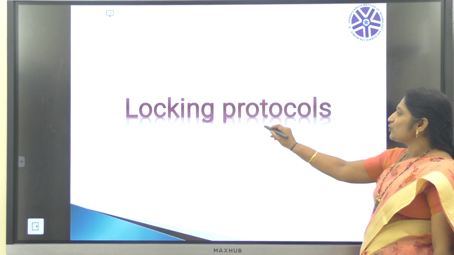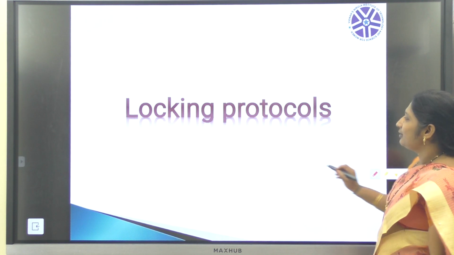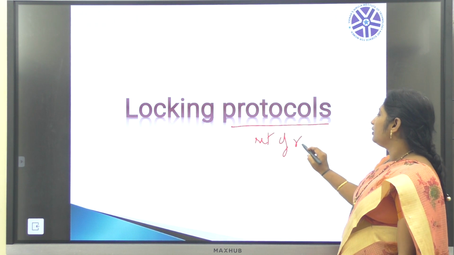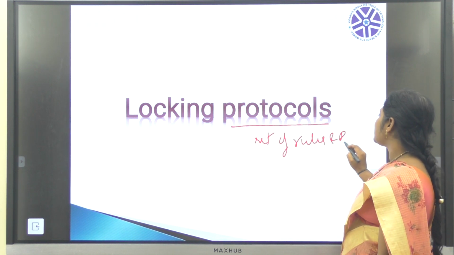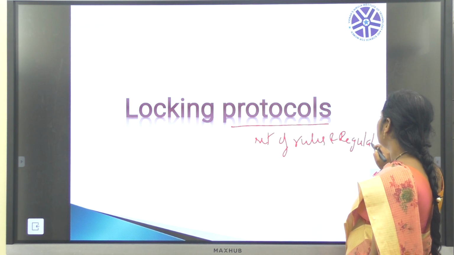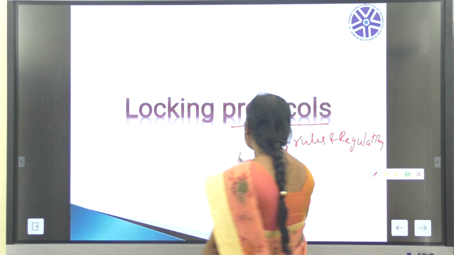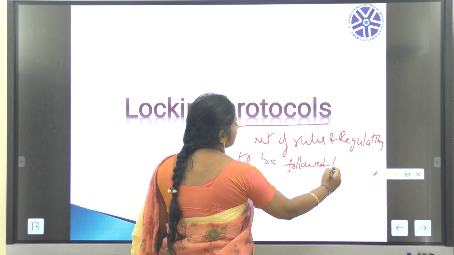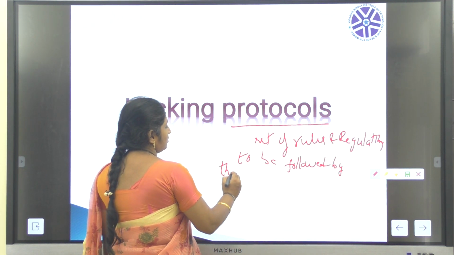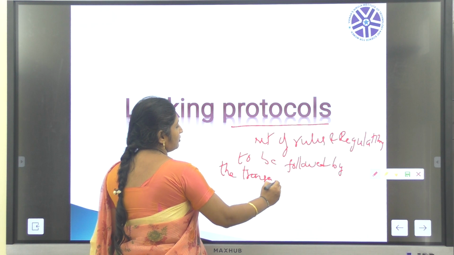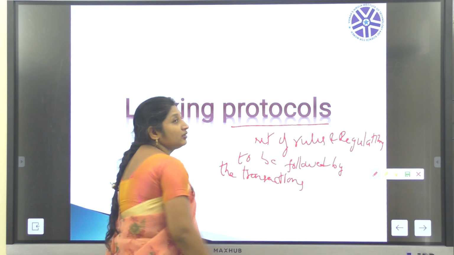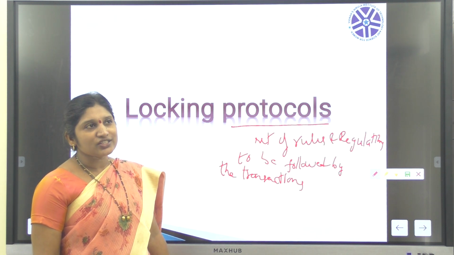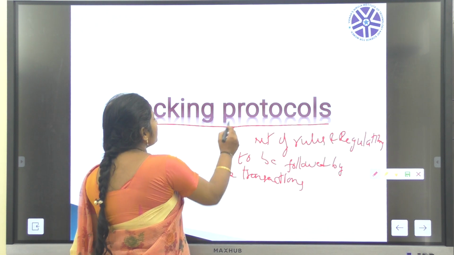As its name indicates, what is the meaning of a protocol? A set of rules and regulations to be followed by the transactions while doing the locking in order to provide concurrency control is called a locking protocol.